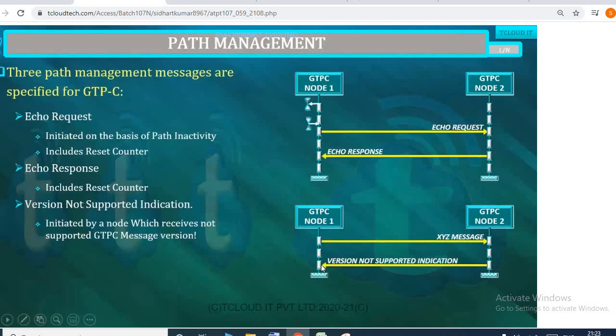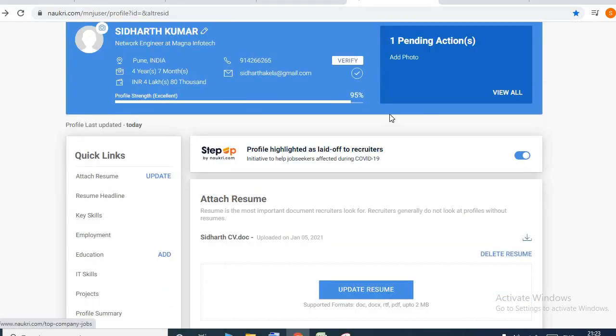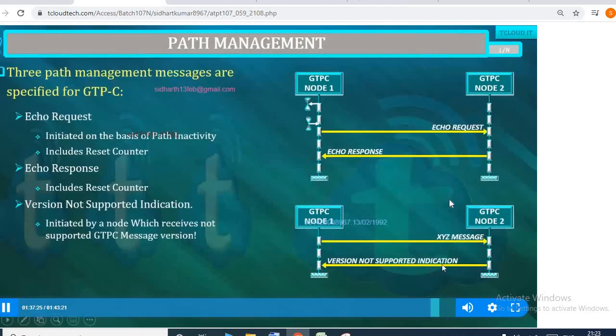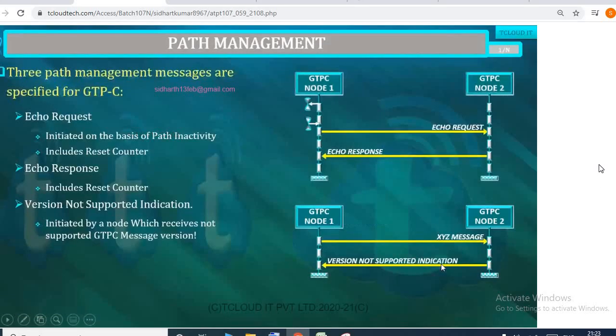It will not send this version not supported indication. Otherwise, if you send any message to him, it will tell you that version not supported. Then you have to stop sending version 2 protocol messages, and you have to start using version 1 protocol messages, which could be understandable for node 2. Again, this version not supported indication message also is not a UE specific message. It is a generic message just to explain to node 1 what versions I support. He is explaining that I don't support version 2. That's it. That is the purpose of this